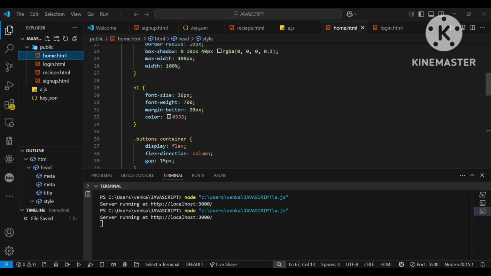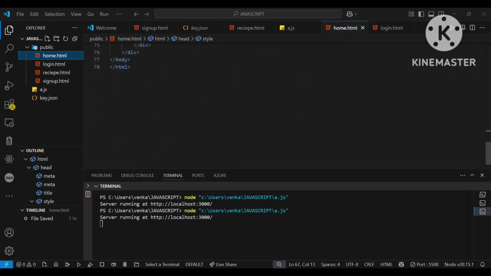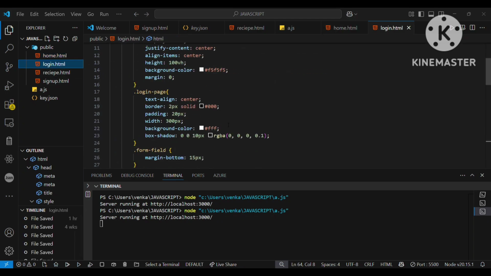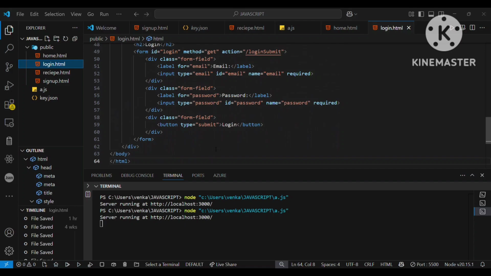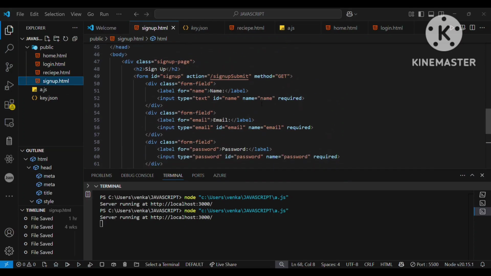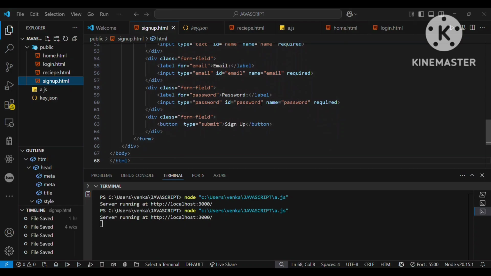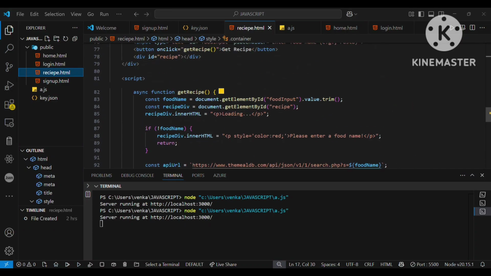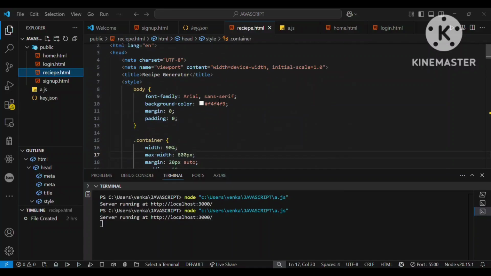First, I'm creating a home.html for placing login and sign up links. Then login.html for entering email and password. Then the sign up page, entering name, email and password. Then recipe.html. The main process works